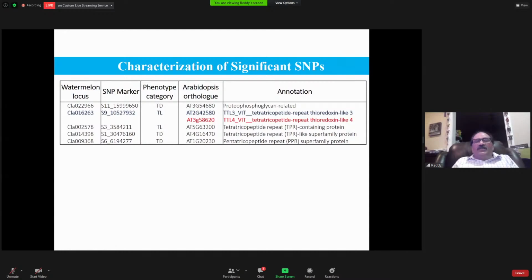These are some of the important genes that interested us, especially this gene called tetratricopeptide. Not much is known about this gene. So what we did, Arabidopsis is a model plant. It is not any edible plant, it is just a model for doing genetic studies. Arabidopsis also has all these genes. In the Arabidopsis gene names, AT is Arabidopsis thaliana, 3 stands for the chromosome, and this is the gene number.